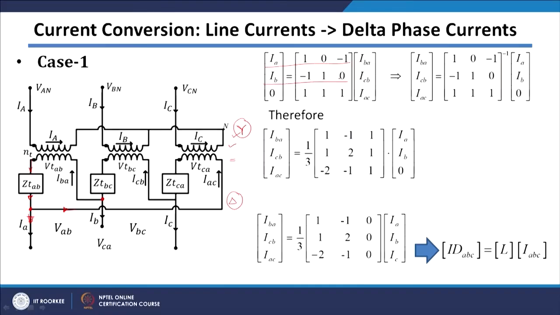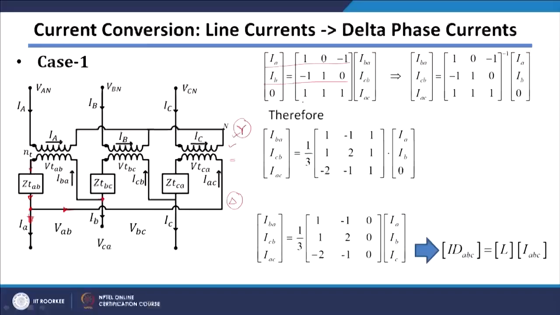And the third equation we can get, since the addition of all the 3 delta currents should be equal to 0, because 0 sequence currents are not present there. So, if you add all the positive sequence currents and all the negative sequence currents, since they are 120 degrees displaced from each other, the addition will always be 0. So, all these currents have just negative sequence and positive sequence. Because of that, the addition of all these currents will be equal to 0. So, from the addition of all the currents, that is IBA plus ICB plus IAC, it will be equal to 0. So, from that I can easily write